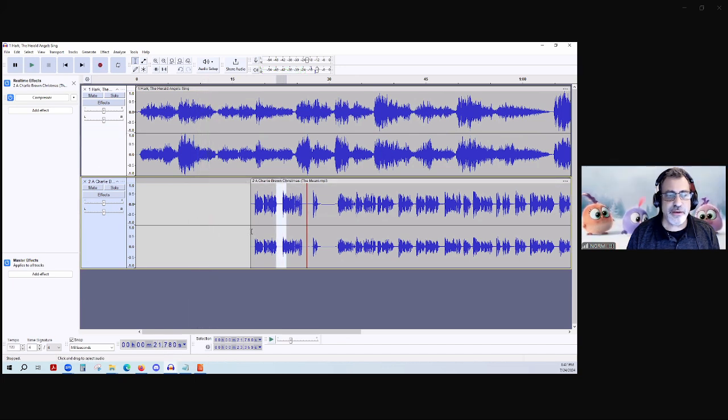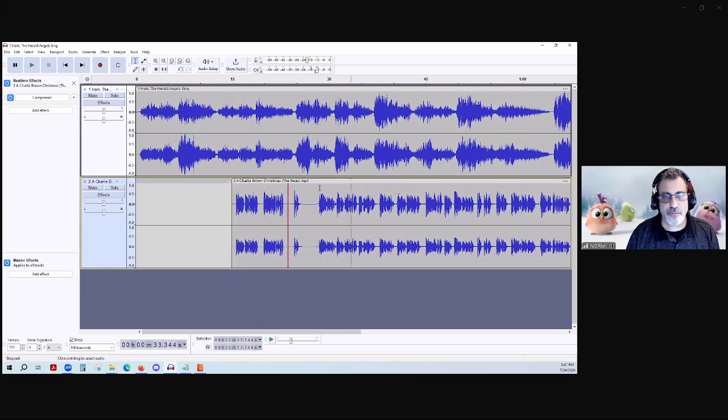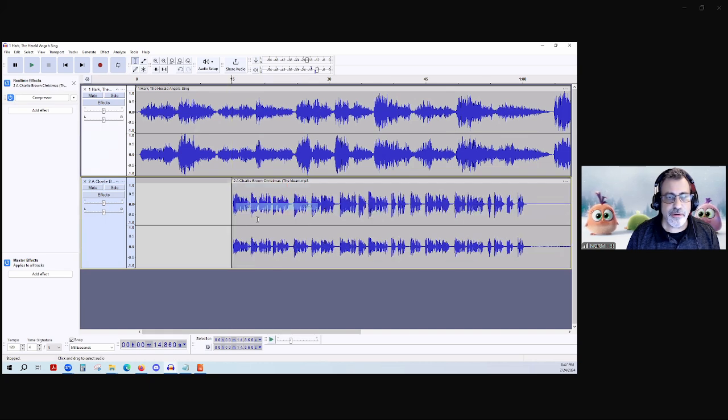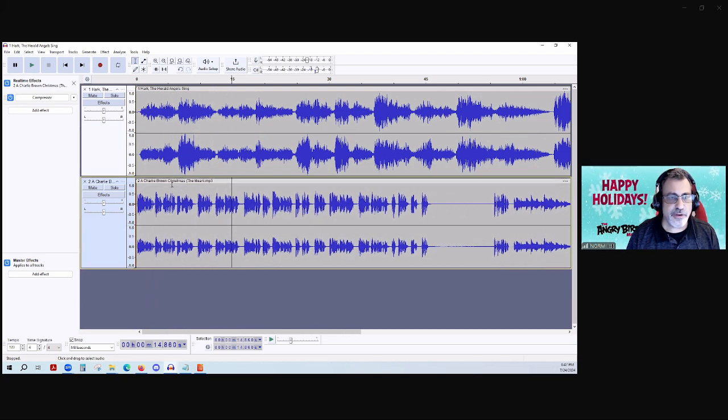Or let's say you didn't want the Charlie Brown piece of it, you just wanted Linus speaking. So here's another tip. With your mouse, you can grab the edge of it, right? And let's see, it won't let me do it here. But again, I can cut this out using the cut tool. And then I can go ahead and bring this in first. And I can start it right here. So let's say I wanted to start it here.